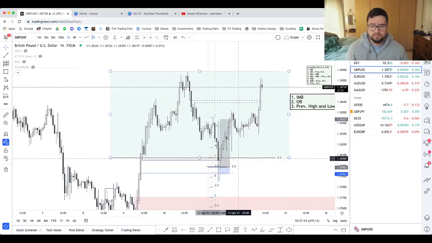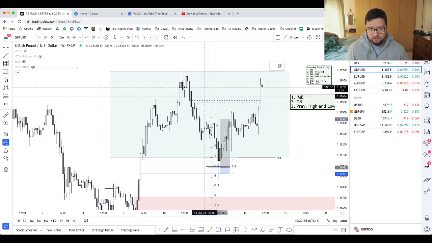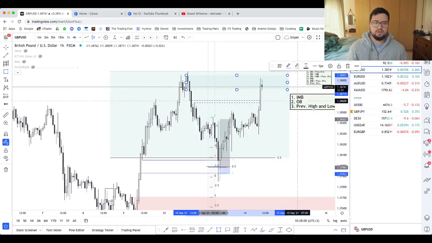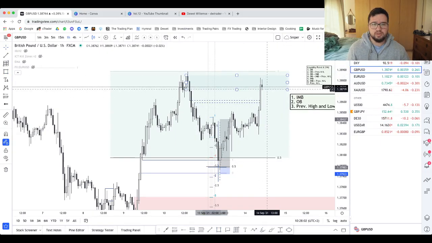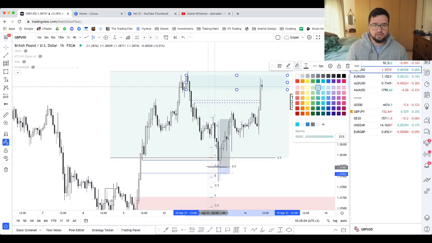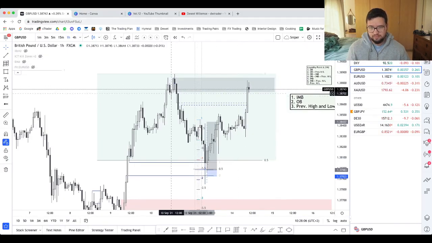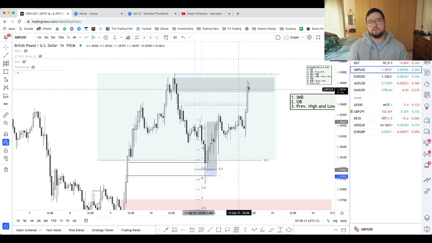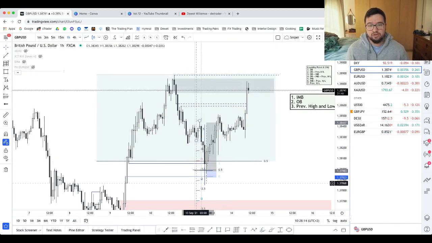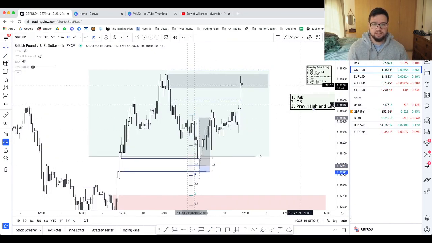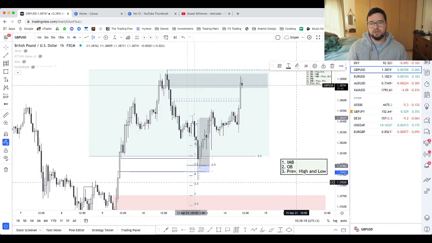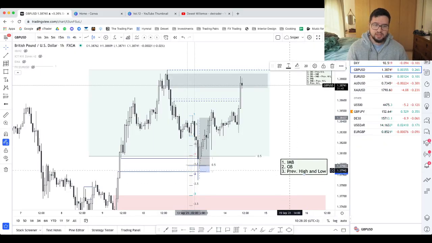Then order block. So potentially this up candle. Let's just make this a different color. This up candle is the order block, and then all the high and low, which is that area. So do you see how we reacted off of the imbalance, order block, previous high, and a discount, and then